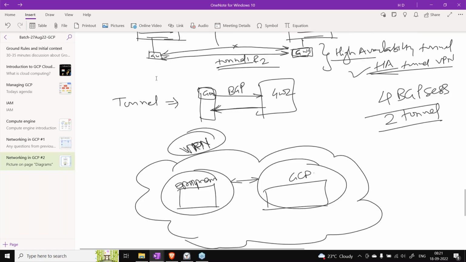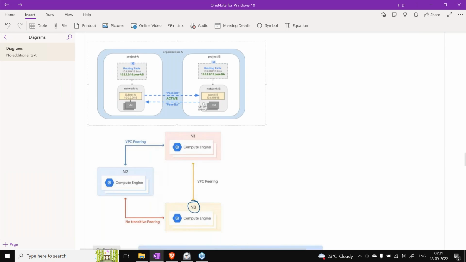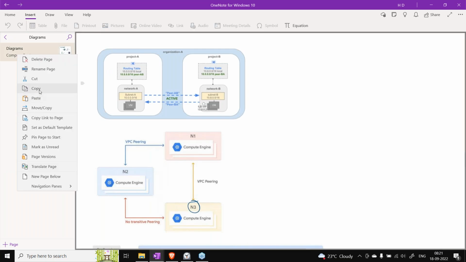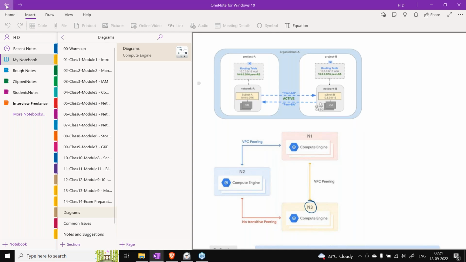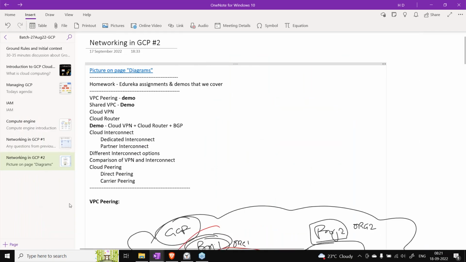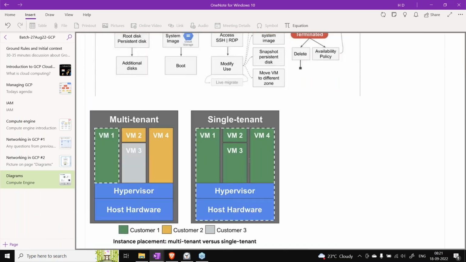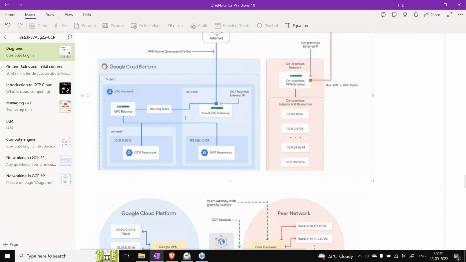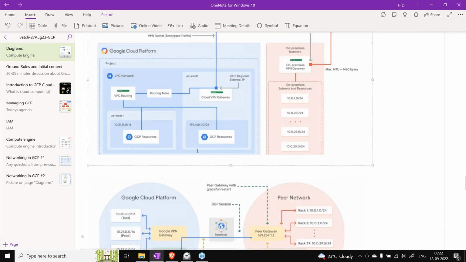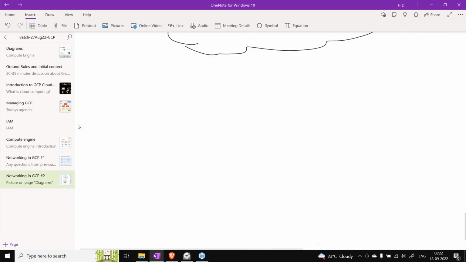I can copy this. Paste it here. Yep, this will be easy.